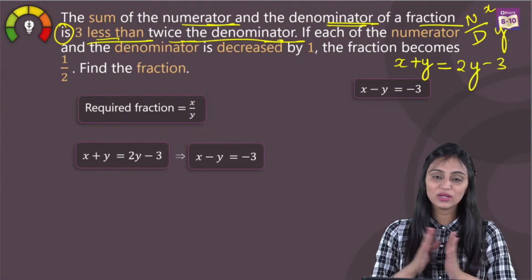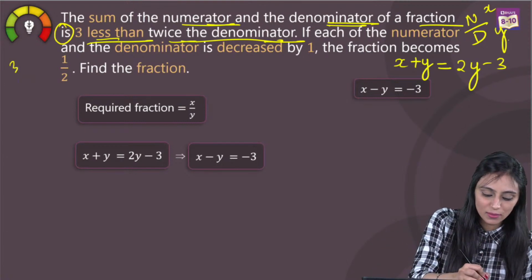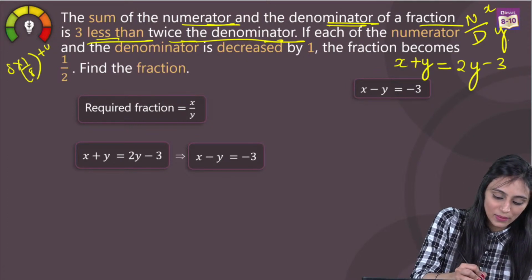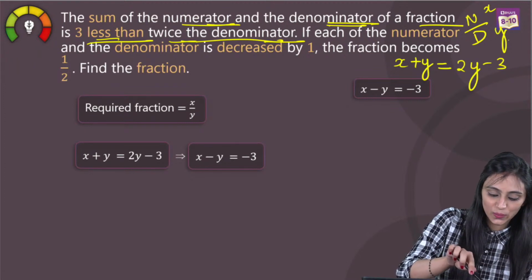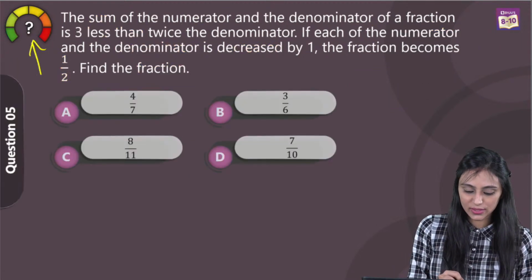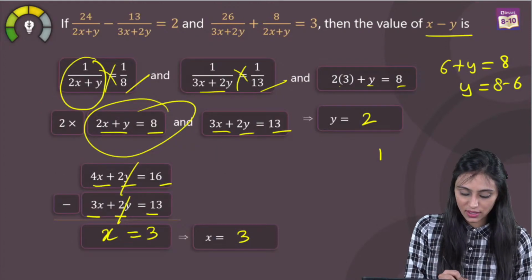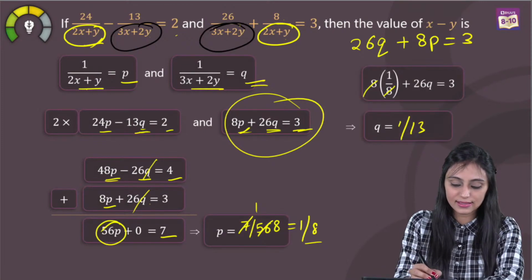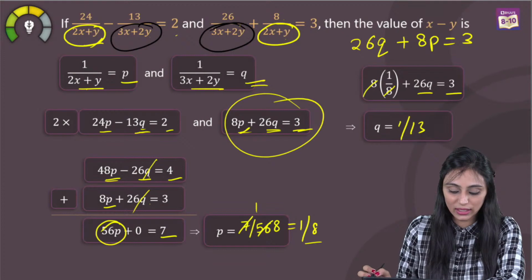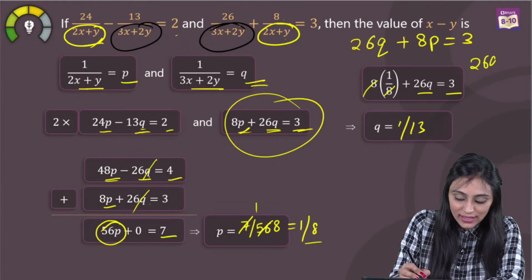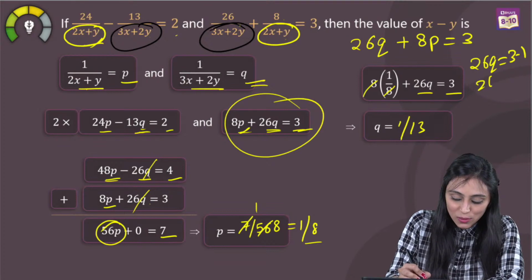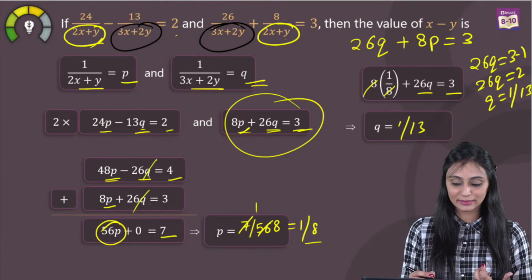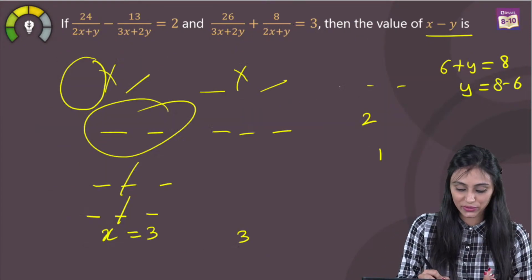You are asking about the previous question, how come it was 3 by 26? We had the equation 8 times 1 by 8, right? Plus y, that's plus q. Let me show you the previous one once. We are talking about this equation, this one, right? This is 8 times 1 by 26q equals 3. So once you subtract this, it's going to be 26q equals 3 minus 1. That's going to be 26q equals 2. So that would be 1 by 13 only. That's why the value of q is 1 by 13. I hope your doubt is clear now because I skipped that step over here.